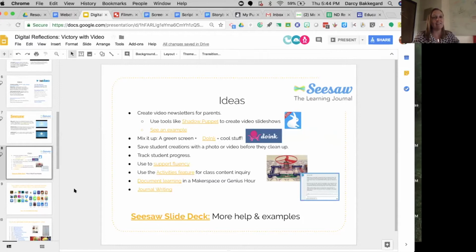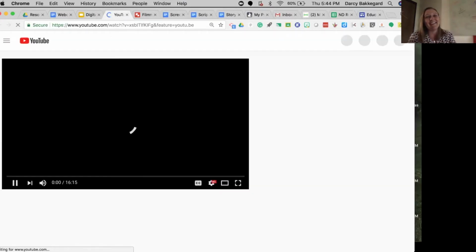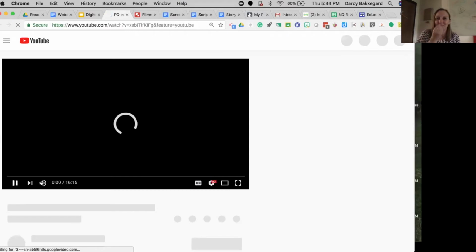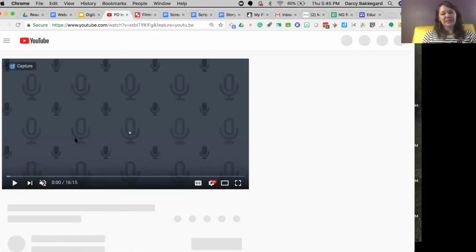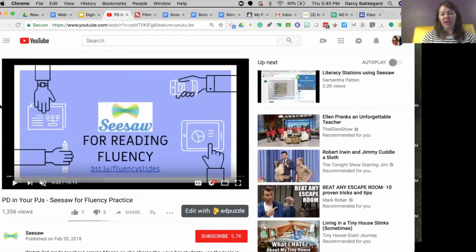And then by the end of the year, this is a pollinator garden, those R's were there. And it was just lovely to see the growth in just that little thing of her speech. And I love that I have this video of her when she couldn't say her R's and talking about what she had learned. And again, that's one of the nice things about any of these video resources. You can now share that with parents and they can see that.